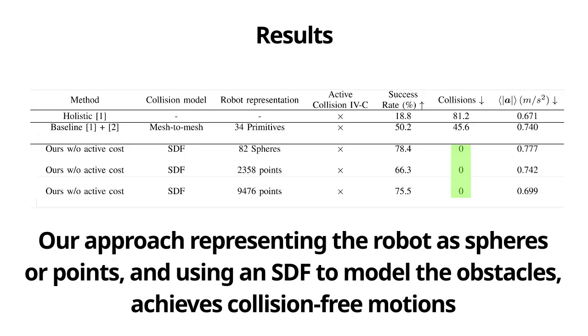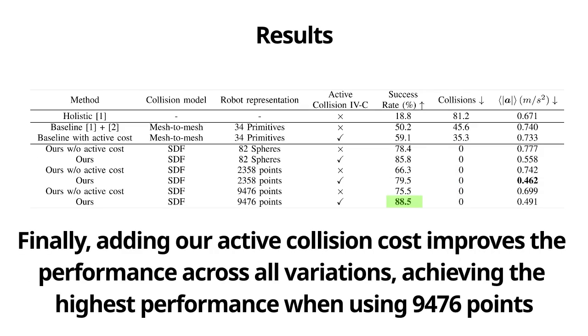Our approach of representing the robot as either spheres or points and using an SDF to model the obstacles achieves collision-free motions. Finally, by adding our proposed active collision cost, the performance improves across all variations of our method, achieving a higher performance of 88.5% by using the most accurate robot representation, considering